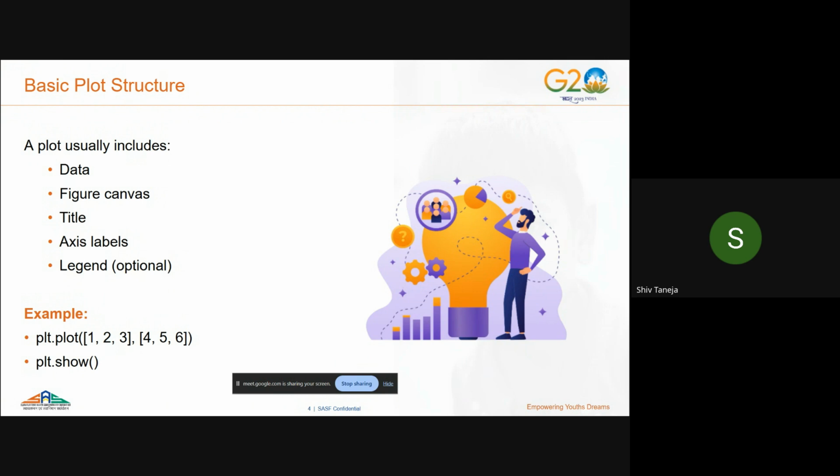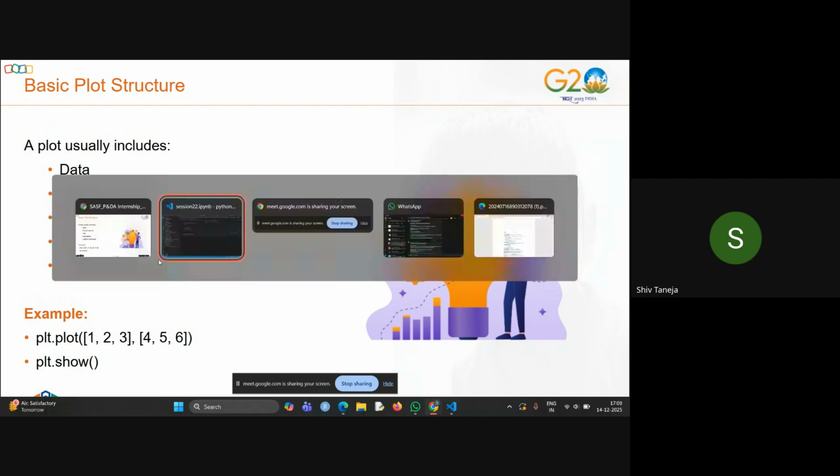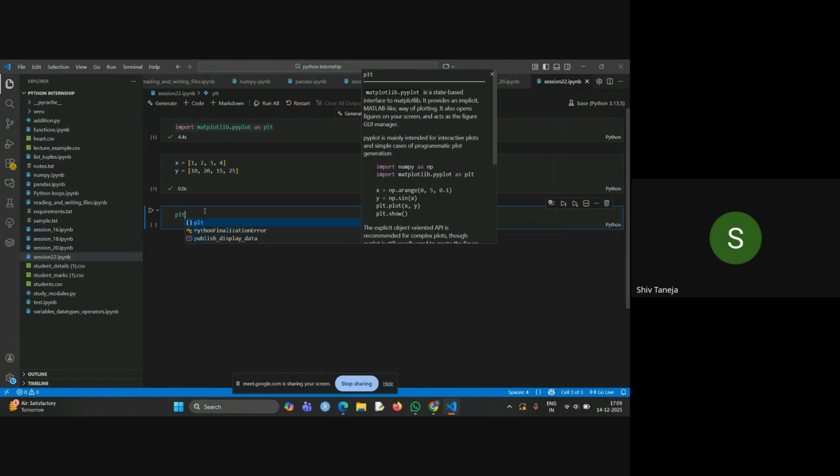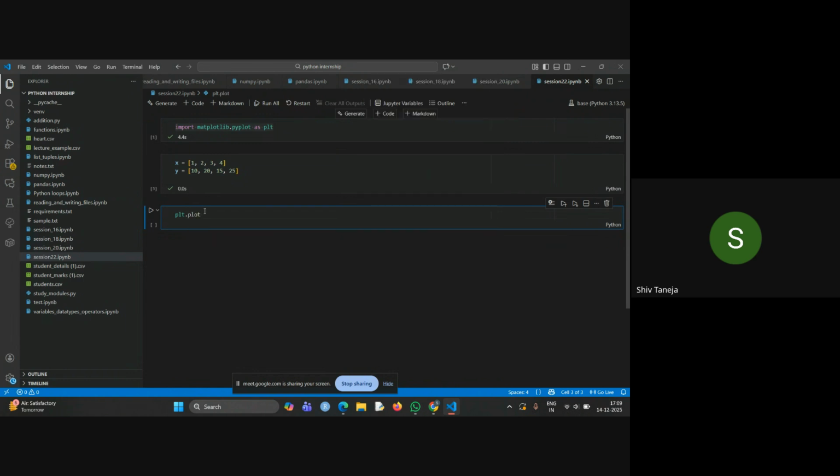Okay. First of all, let me show you a simple visualization using this example. As you can see, I have two lists here, named X and Y. We will try to plot those X comma Y and see what we get. Okay. plt.plot is used to create the visualization,